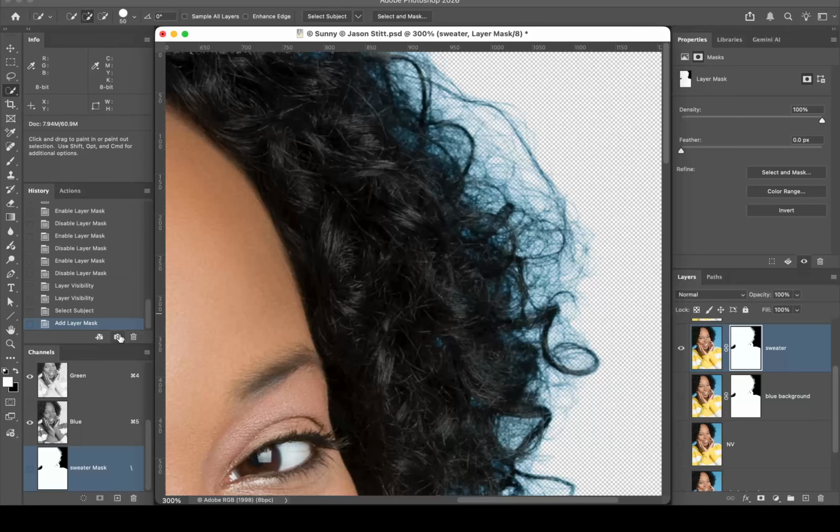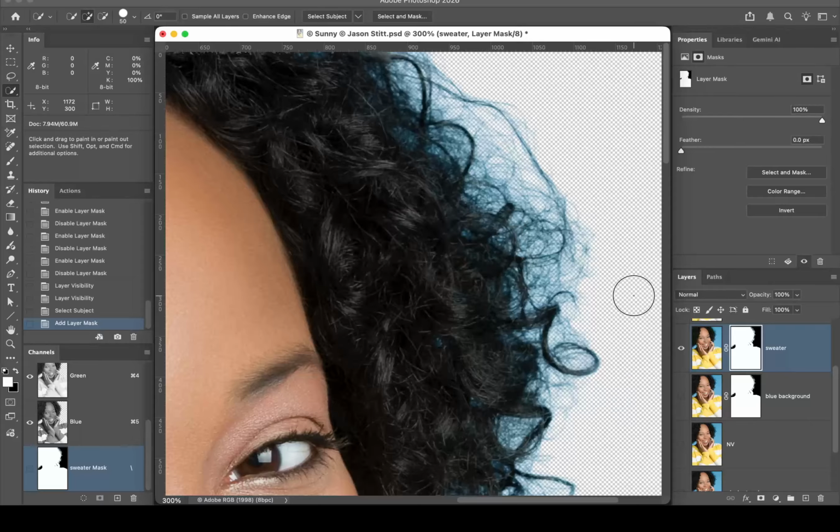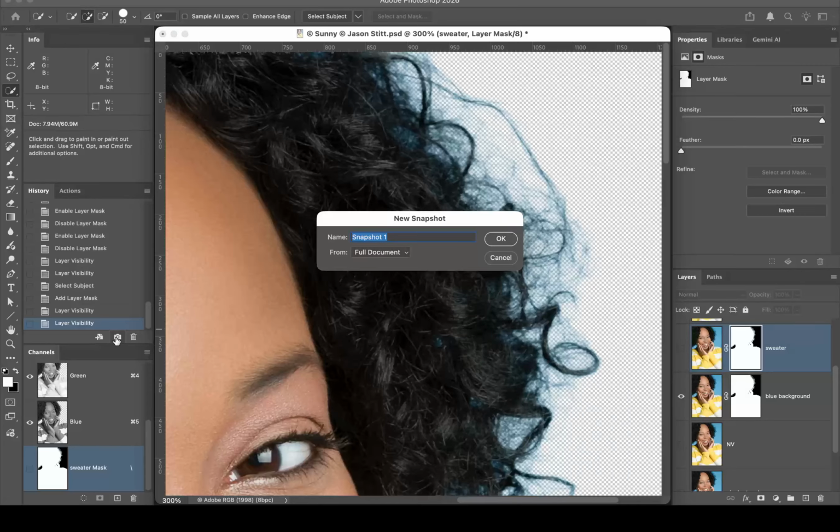Now when you click on that little camera, you will get this, and this is what our image looked like with the select subject done by device. So that's what I'm gonna put in here, device. And say okay. Then I'm gonna turn that eyeball off, and I'm gonna turn on the eyeball for the select subject that was done in the cloud, and I'm gonna create another history snapshot. So click again on the camera, and we're gonna call this cloud,